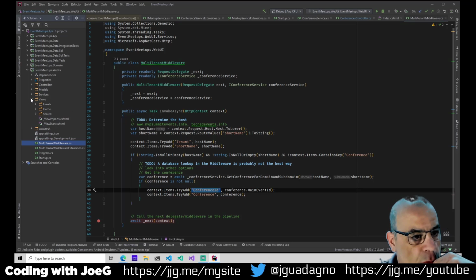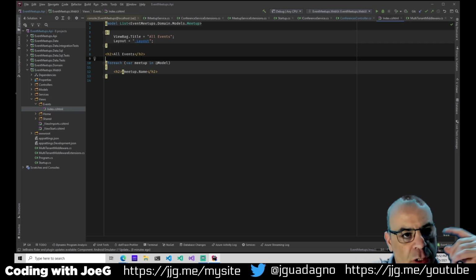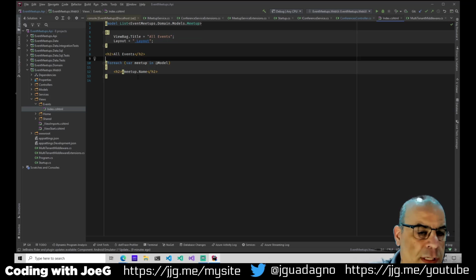view. So if we look at the events view, I created a view that pretty much will just go through all the meetups that are in there. So you have a conference like the MVP Summit or TechEd that has one or more meetups. So this is just going to loop through all the meetups and put them out there.